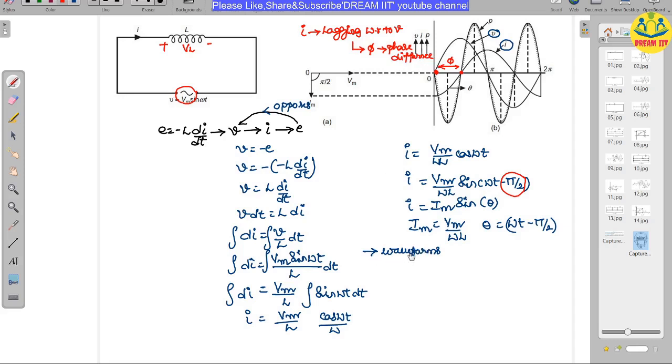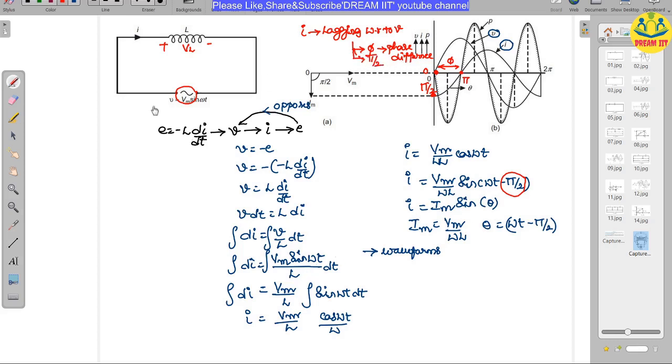Okay, now let's look at the waveform. The waveforms are given like this, and there is some lagging. How much angle is it lagging? We can say exactly. If you see the point here, it is 0, and here it is totally pi by 2. Previously there was some difference in the points, but if you observe at the 0 point, it is 0 and it is pi by 2. So the current is lagging by pi by 2.